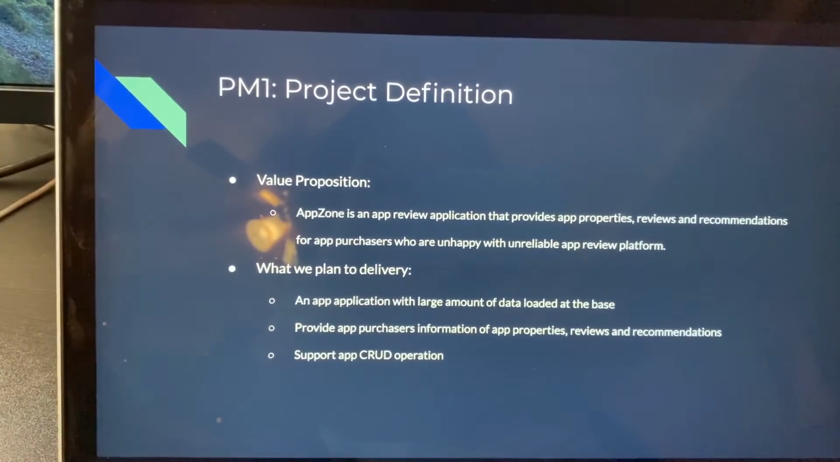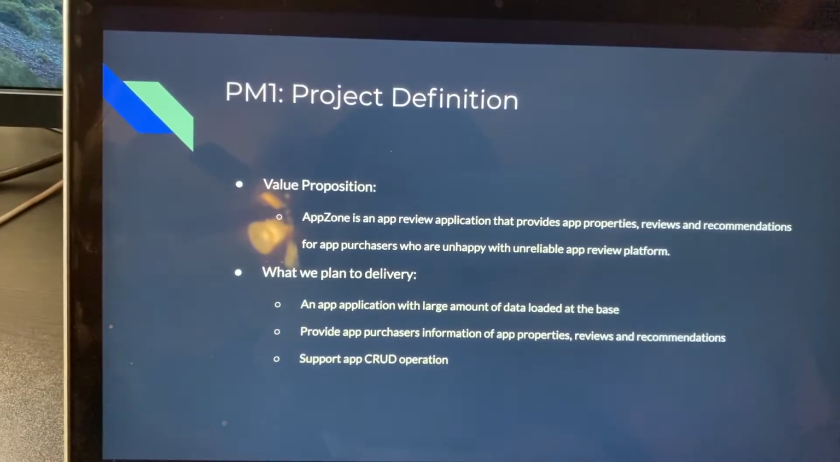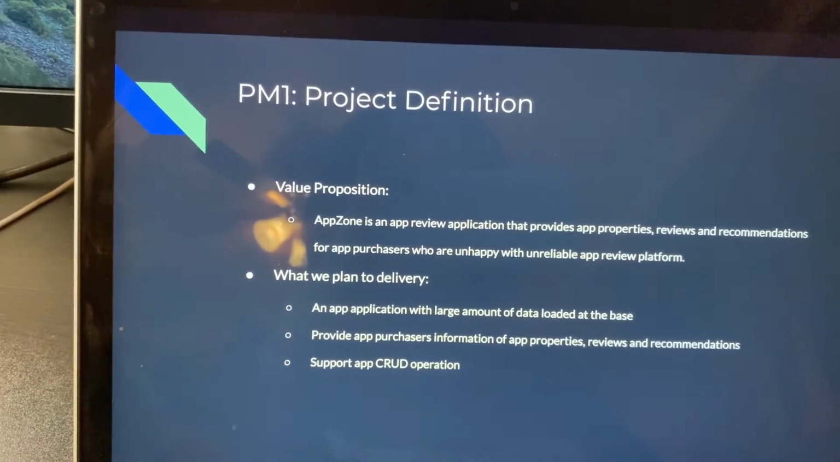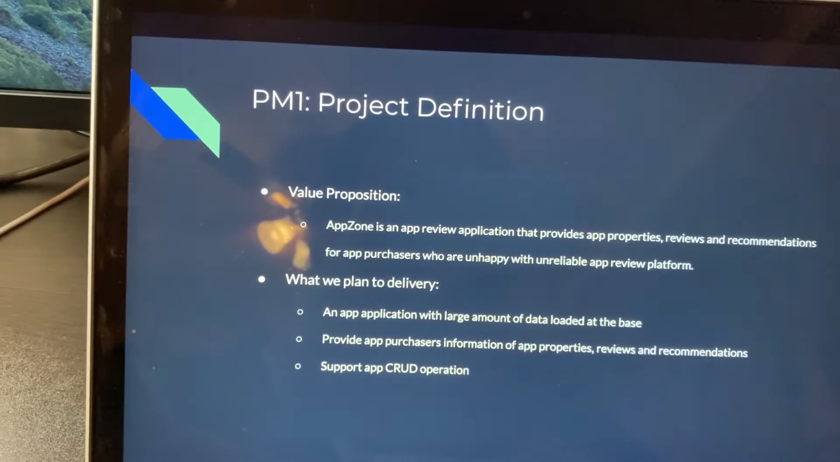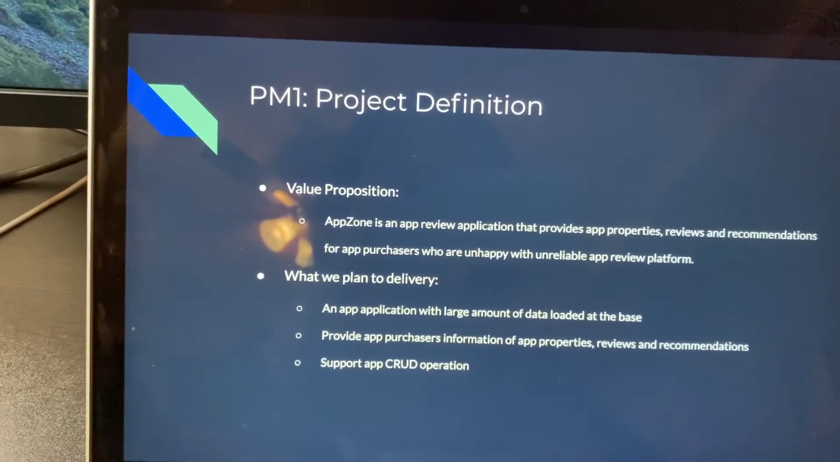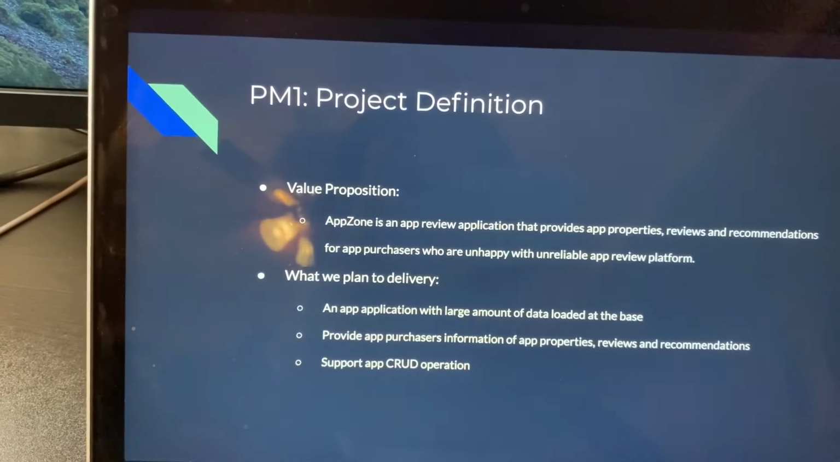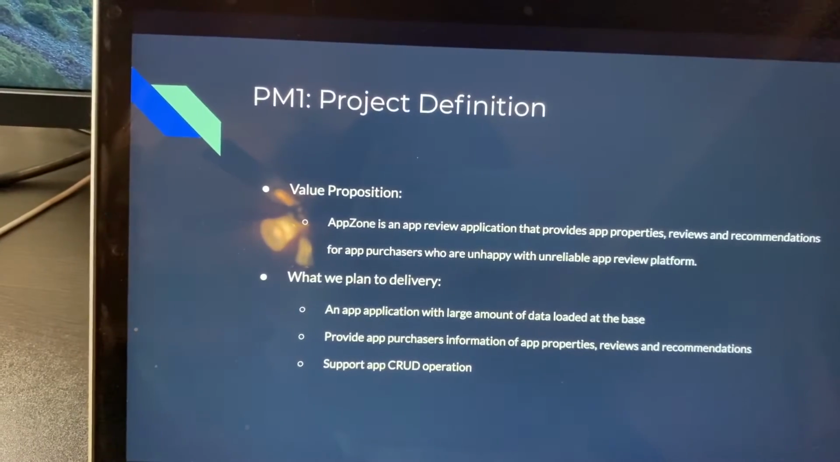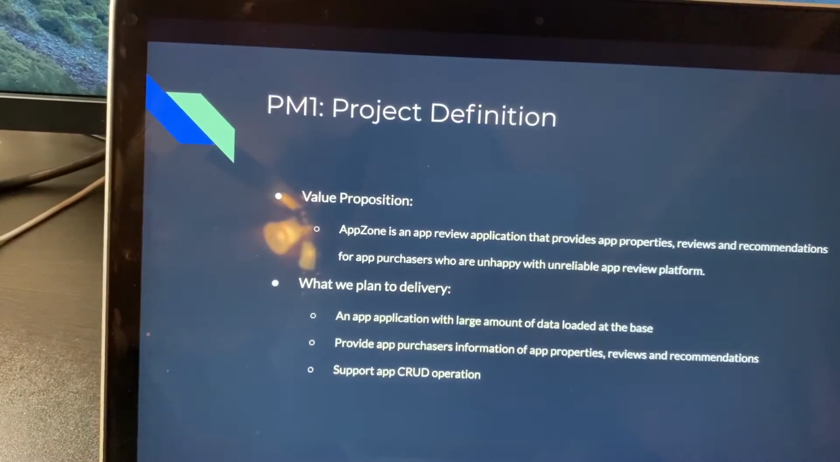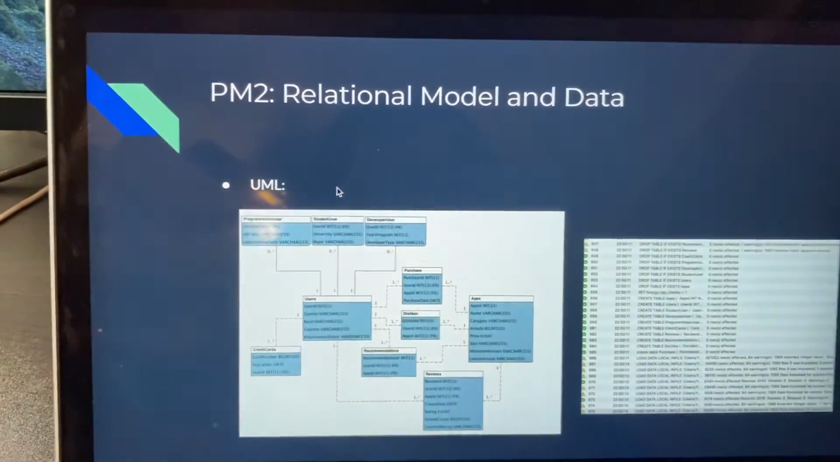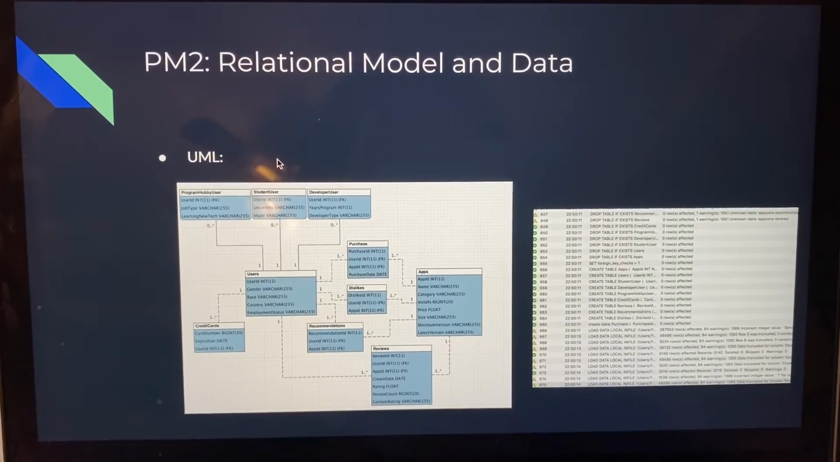And what we originally planned to deliver is an app application with a large amount of data loaded at the base, to provide app purchasers information on app properties, reviews, and recommendations for their consideration, and also support the app CRUD operations. So in milestone 2, we created